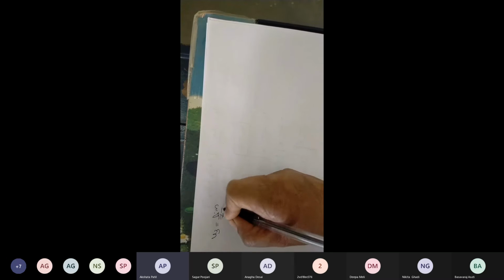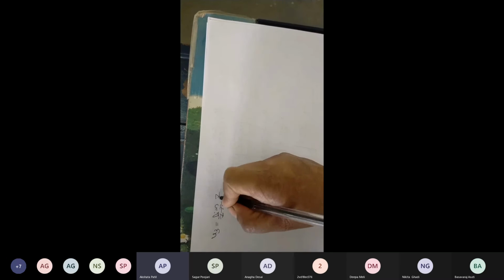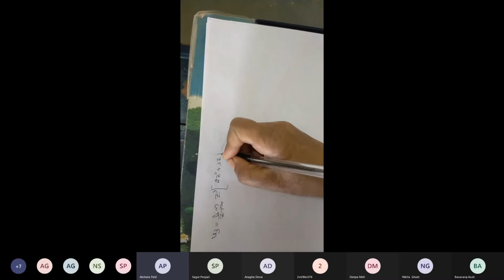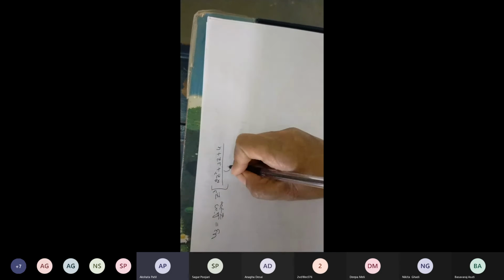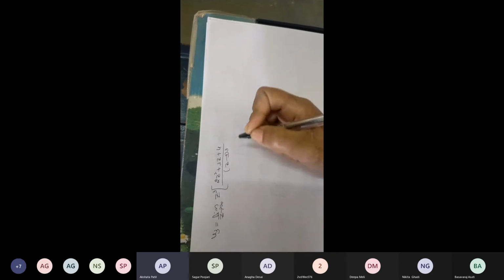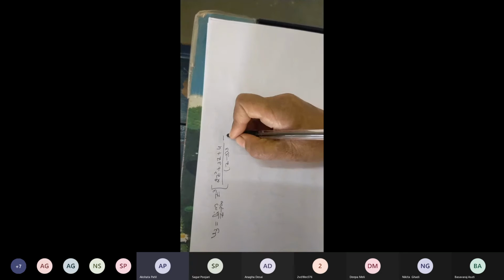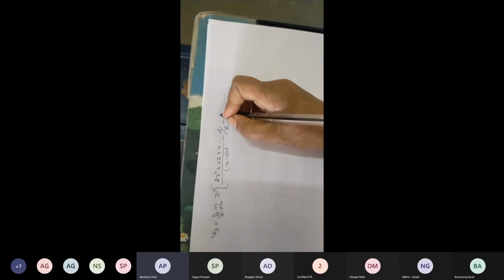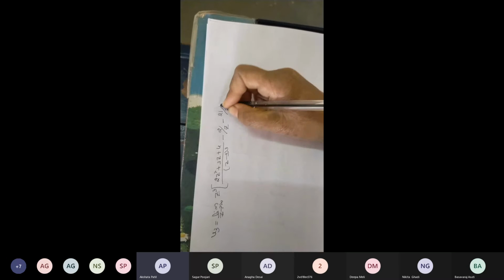u3 equals, the formula is limit z tends to infinity z cube into u bar of z. U bar of z means we can write (2z square plus 3z plus 4) divided by (z minus 3) the whole cube, minus u0, which is 0, no need to write that 0. u1 is 2 by z, so 2 by z, and u2, how much are you getting, 21 by z square.